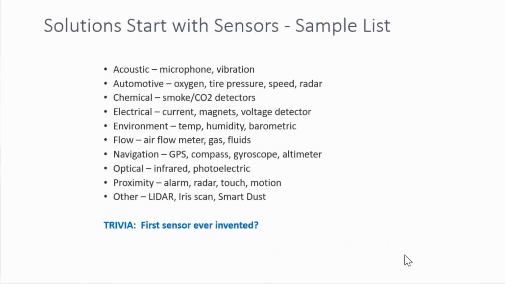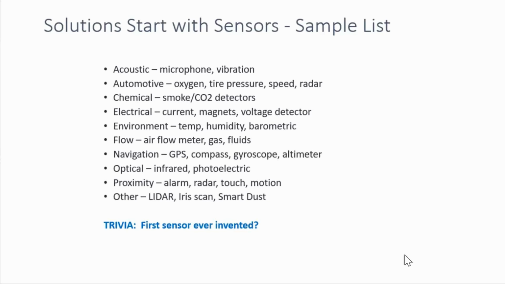So what we typically start with in IoT is we talk about sensors. And when I started digging into this, I had no idea. There are literally thousands of sensors. And I kind of broke down just a brief sampling of some of the categories. So a microphone is a sensor, right? We have vibration sensors. In automotive, we have oxygen, all these different things, radar, especially with a lot of the, like autopilot uses a lot of sensors, right, in the Tesla. So again, I'm not going to read through all of these, but just to give you a flavor of how vast. And can anyone guess what the first sensor that was ever invented was?